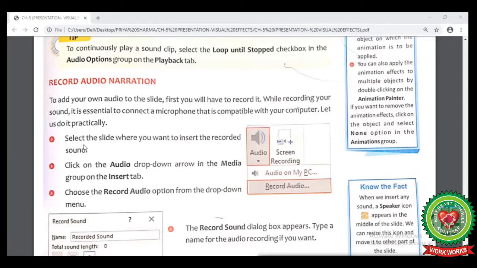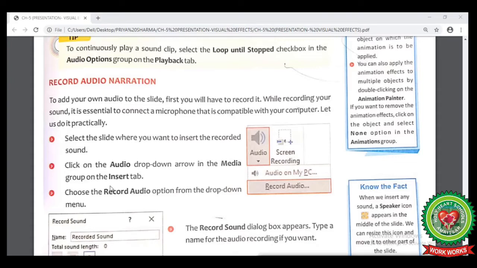Number 1. Select the slide on which you want to insert recorded sound. Step number 2. Click on Insert tab. Step number 3. From Media Group, you have to select the Audio drop-down arrow.